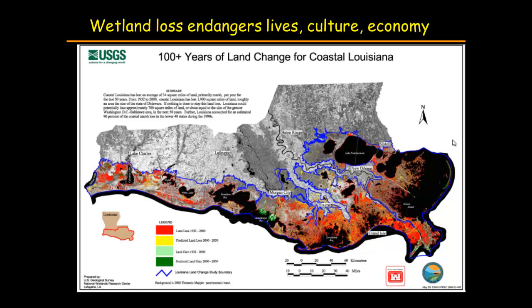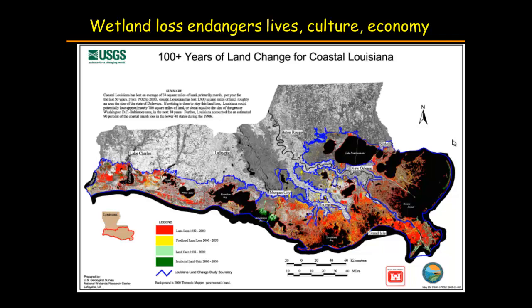And what you see in this map is how much wetland loss there's been between the year 1932 and 2000. The projected land loss is in yellow, so things are going to be continuing, and that's projected between the year 2000 and 2050. It's not quite as rapid because now we have laws about protecting wetlands, but we are going to continue to lose wetlands because of sea level rise, something that's related to climate change, as we'll talk